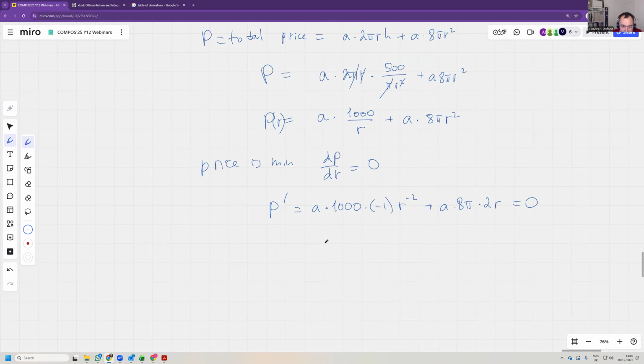And then I get 16 a pi r is equal to 1,000 a over r squared. a cancels. r cubed is 1,000 divided by 16 pi. So r is the cube root of 1,000 divided by 16 pi,